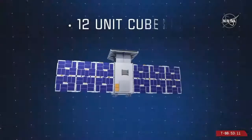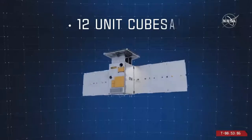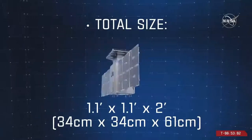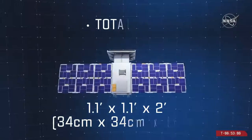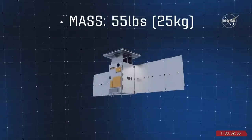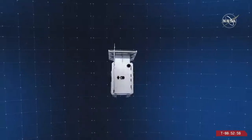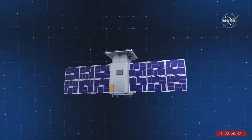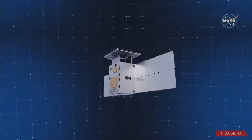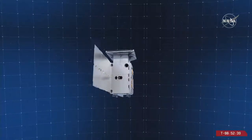It's a 12-unit CubeSat, and as you can see from this animation, it has solar arrays and thrusters, small ones, at the bottom. The dimensions without the arrays are just 1 by 1 by 2 feet, or 34 by 34 by 61 centimeters. And it weighs just 55 pounds, or 25 kilograms. And it doesn't need much of a push from its monopropellant hydrazine system because the orbit it's going into is very efficient. The mission is funded by the Space Technology Mission Directorate, which develops transformative space technologies to enable future